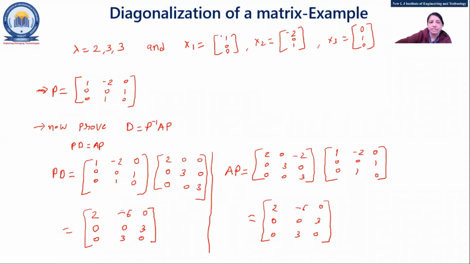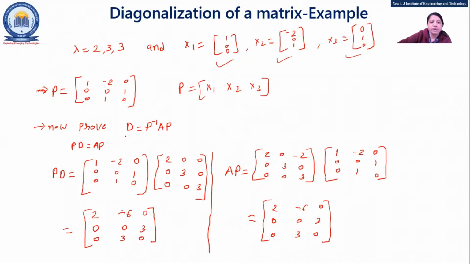So your x1 is the matrix [1 0 0]. Fine. The free variable is that, but consider it has the value 1. So that way, X2 you will have [-2 0 1], X3 you will have [0 1 0]. Fine. So in this way it can be. Now P is nothing but x1, x2 and x3. So you have to go in that way. So this is my matrix P.